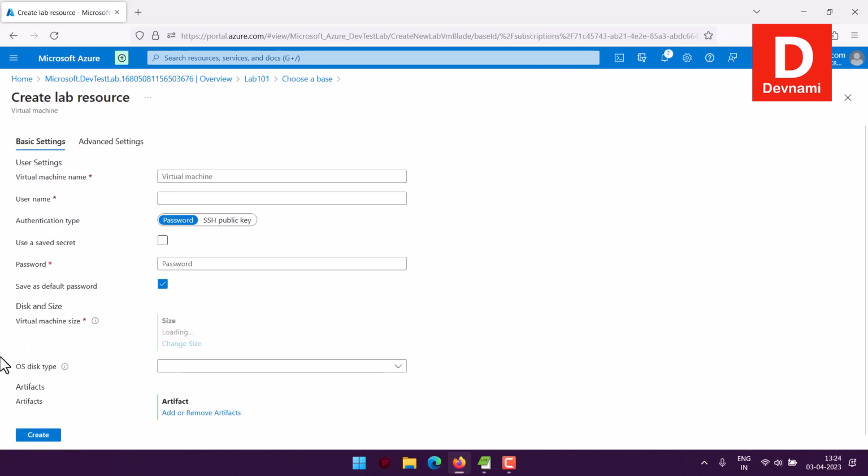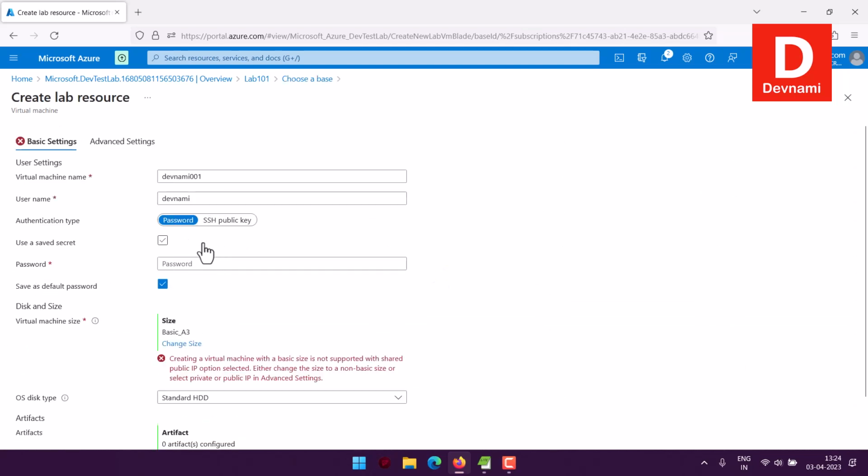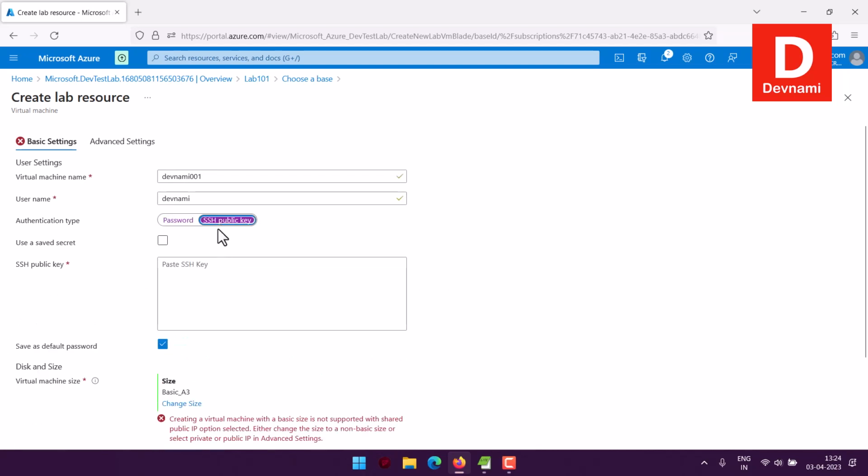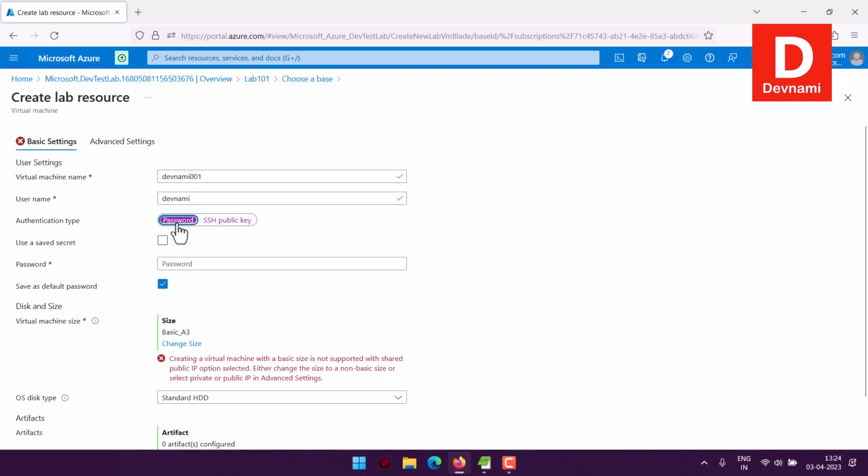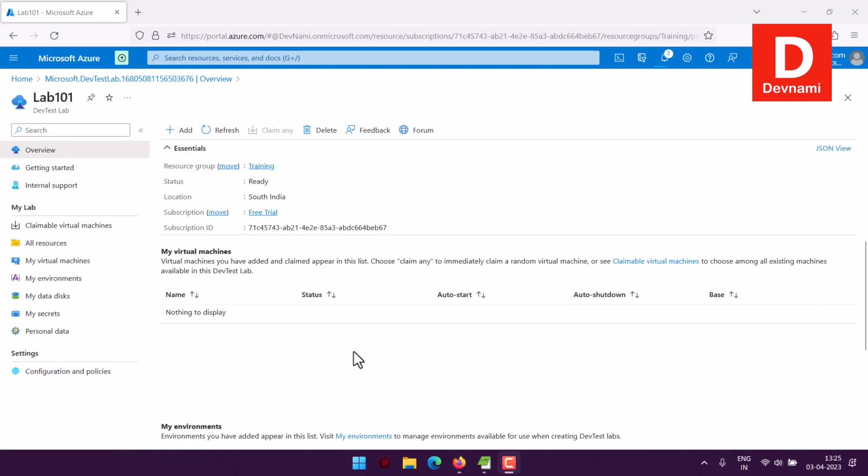So here we can take a look at the resources we require. Here I can use this option of SSH public key or password. As you can see, I already got the username here. Then I can add the password. And once you pick the Ubuntu image, you can push it for deployment. Then it will start the deployment,